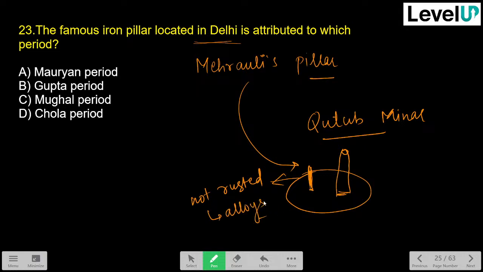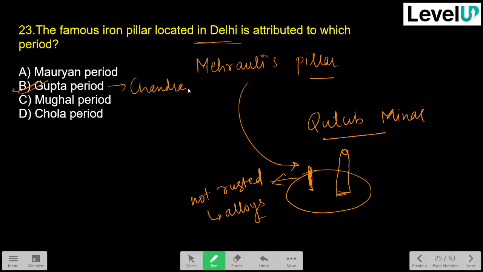So during whose period was this famous iron pillar made? Maurya. So some of the students are saying Maurya. It is in the Gupta period, right? It was in the Gupta period. Okay. So the cheese and nachos has answered Chandragupta II. So the right answer will be Chandragupta II from Gupta period.